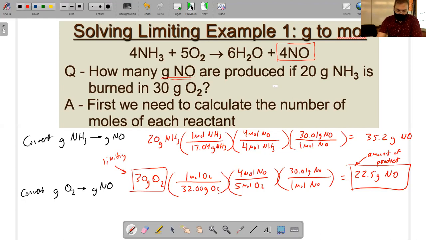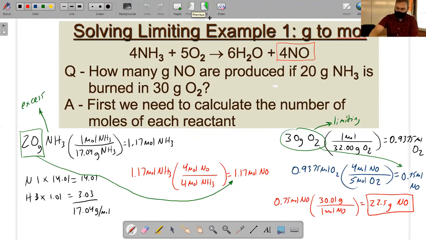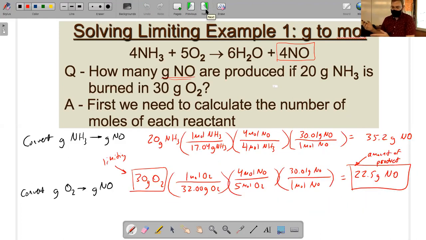It's exactly the same answer. Like back here in multiple steps, I got 22.5, same 22.5. So usually what you do is just say, well, all right, I know how much mass or what volume or the number of molecules of all these reactants I got. Take that quantity of each of the reactants and do the whole problem to figure out the mass of the product you'd end up with, and whichever mass of the product you end up with is the least,